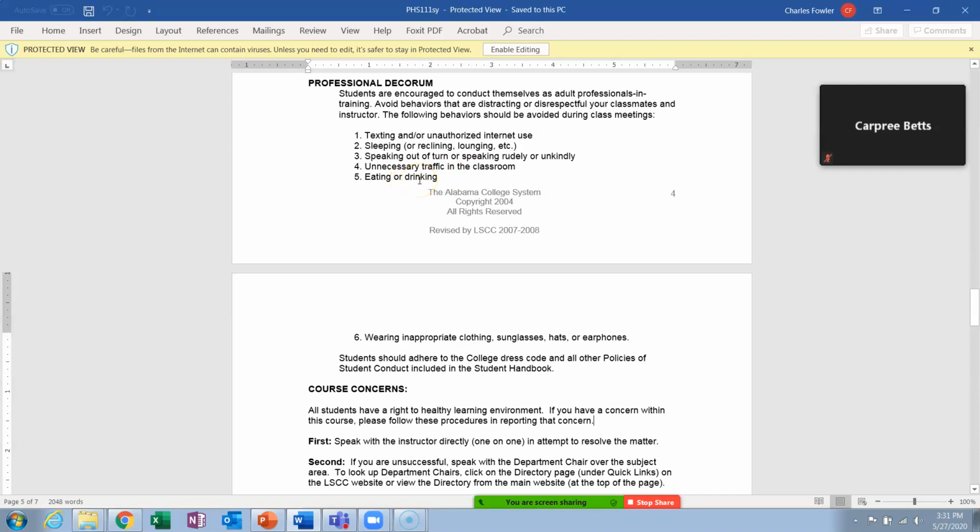Eating or drinking, I actually have a glass of water here and also a can of Coke. If I get really tired, I'm going to take a little caffeine, you know, or if I get dry from talking too much, I'm going to grab a drink of water. You know, you're at home. Do whatever you want to. Or wearing inappropriate clothing, my word, if I see you in any inappropriate clothing, I'm going to write you up. Nah, this is nuts. Sunglasses, I don't care if you wear sunglasses. You're at home. You can do whatever you want to. Hats, I don't care if you wear a hat. You're in the home. You can do whatever you want to. If you got on earphones, hopefully you're listening to the lecture, but I can't help it if you're not, okay? So that's sort of ridiculous. I probably spent too much time on it.